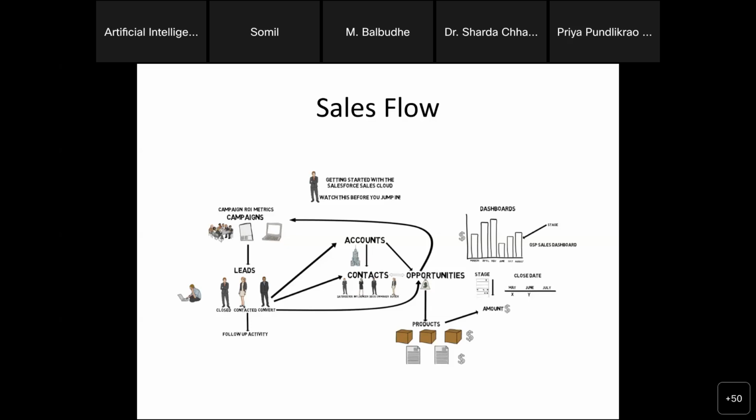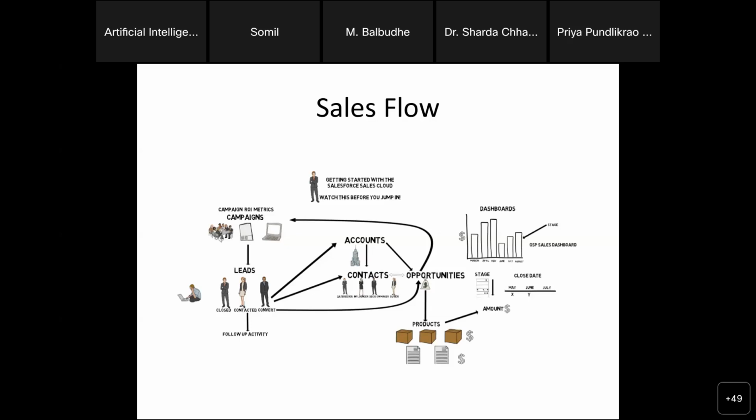तो फिर से समझो, आपके पास कैंपेन आता है, कैंपेन से लीड बनती है, लीड से 3 और रिकॉर्ड बनते हैं, अकाउंट, कॉन्टैक्ट एंड अपॉर्चुनिटी. अकाउंट मीन्स कंपनी इंफॉर्मेशन, कॉन्टैक्ट मीन्स जिस पर्सन ने आपसे कनेक्ट किया उसको कॉन्टैक्ट बोलेंगे, एंड अपॉर्चुनिटी मीन्स द प्रोडक्ट दैट हैज टू बी सोल्ड. फिर अपॉर्चुनिटी के ऊपर प्रोसेस होता है, वर्क होता है, आपकी सपोर्ट टीम उसके ऊपर वर्क करेगी, और वर्क करने के बाद उसके मल्टीपल मीटिंग्स होंगे, मल्टीपल निगोशिएशंस होंगे, मल्टीपल प्रोसेसेस होंगे, और जब कस्टमर उसको बोलता है कि ओके आई एम रेडी, आई वुड पे फॉर दिस पार्ट, और जब वो पेमेंट करता है तब आपकी अपॉर्चुनिटी क्लोज होती है एंड योर प्रोडक्ट इज सोल्ड.